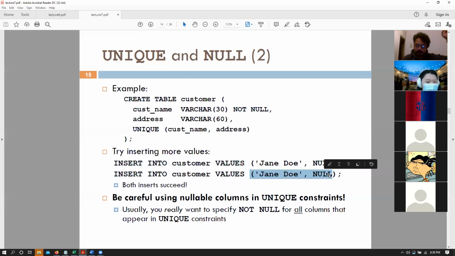Because null could be anything, and comparing any of those possibilities is not the same. Wait, can you explain why they are not the same again? Because, let's say that you're writing a program